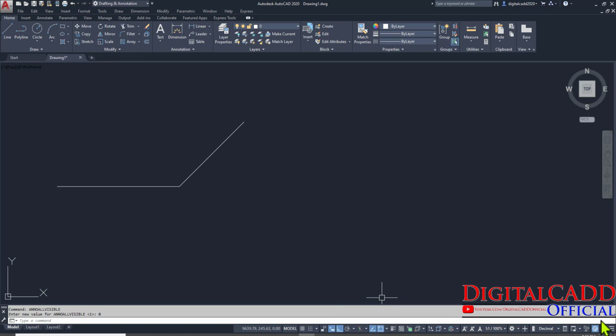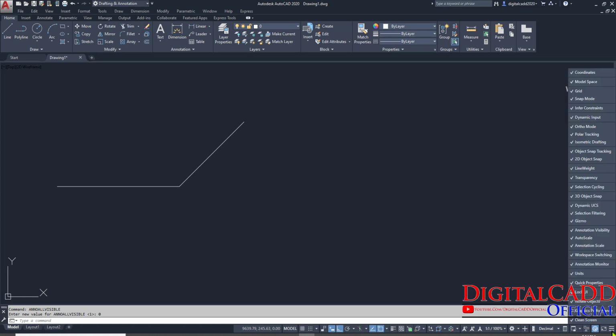You can see here we have one option at the bottom right corner. So click here to find your four buttons, that is ortho mode, object snap tracking, 2D object snap, and dynamic input.